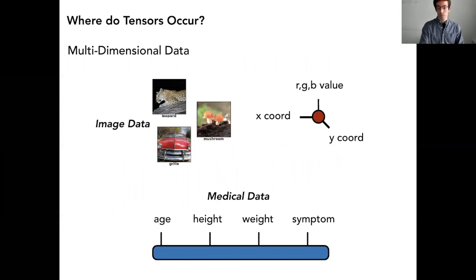Okay, so now where do tensors occur? They occur in lots of places, and we'll see many more applications later in the talk. But some simple ones are that there's a whole activity in machine learning of thinking of data in a tensorized form. So rather than thinking of data just as a linear array of numbers, you can think of some types of data more naturally as tensors and get some advantages from doing this. So you can think of image data as being stored in order 3 tensors, where you have one index that's the x coordinate of pixels, a y coordinate of pixels index, and a third index that would go over RGB values or other values.